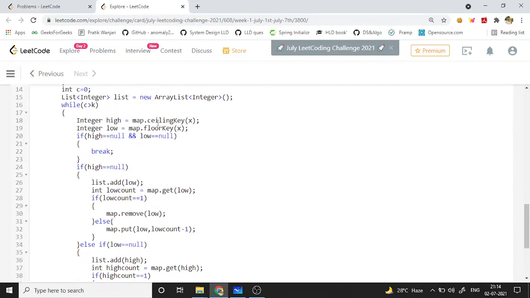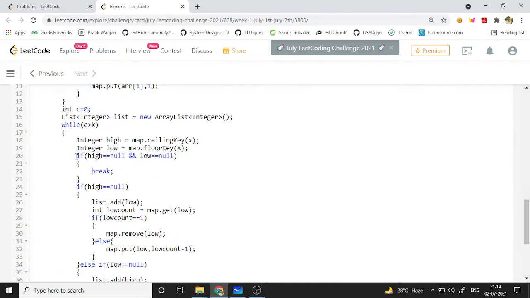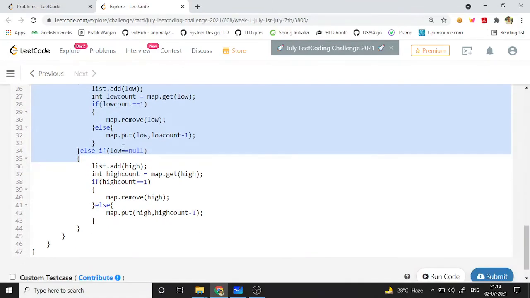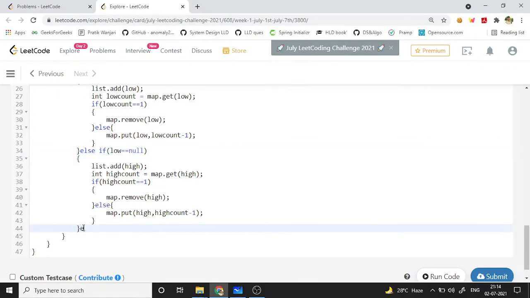So here we are handling all the edge cases when high is null or when low is null. But if both of them have certain values, then we need to check two conditions.